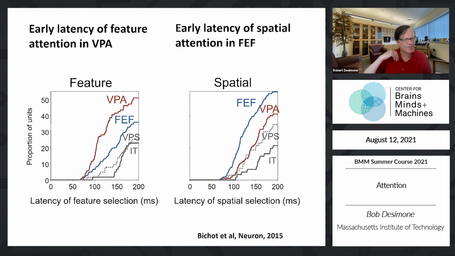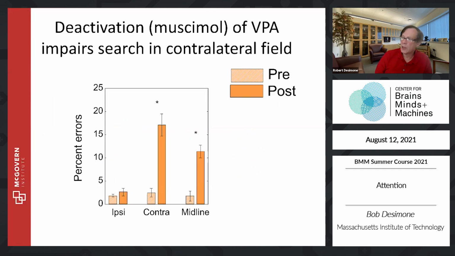So it seems like FEF is finding the stimulus that you're attending to spatially first, and maybe the VPA is finding the stimulus you're attending to based on features first. Is this consistent with that idea? To test that, we want to do a causal experiment to see if VPA is playing some special role in feature-based attention. So what we did was we injected muscimol, a GABA agonist, into VPA to deactivate activity in